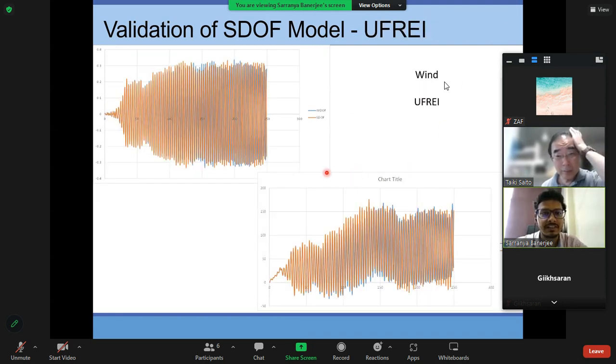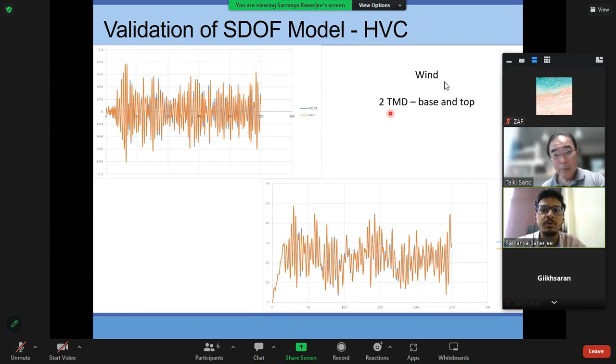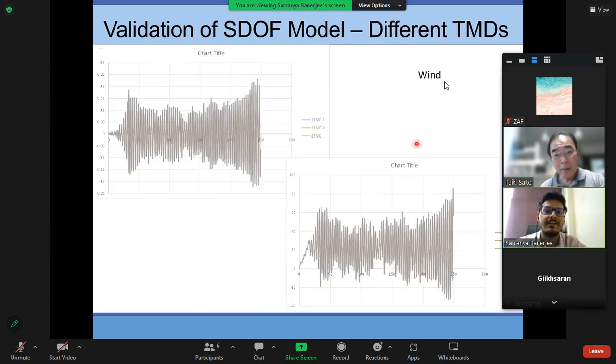This was for the earthquakes. Now for the winds also, I am getting good validation. There are slight differences. I think this is because for wind, you require very small time steps. So if I refine it further, these differences will reduce. But I think it is more or less validated for wind, for unbonded isolators, with TMD at the base, 2 TMDs at the base and the top, and also the different TMD designs. So after doing all these validations, I have accepted the single degree of freedom model code,